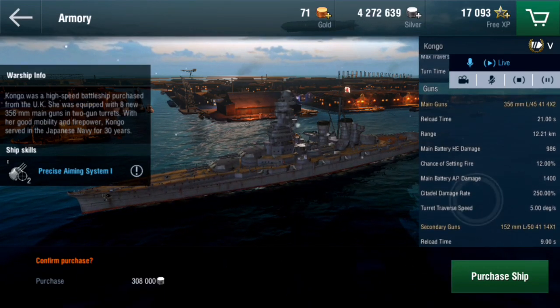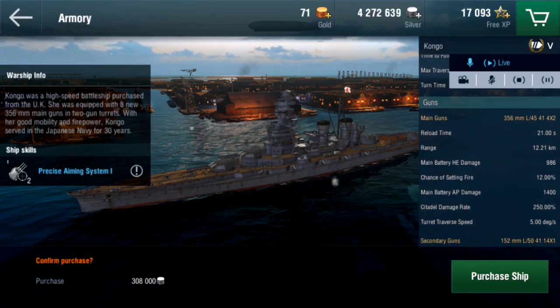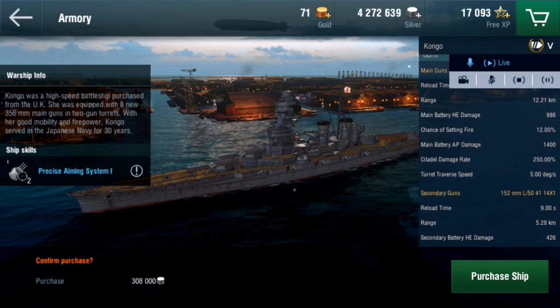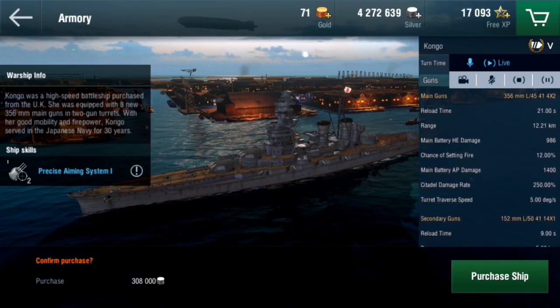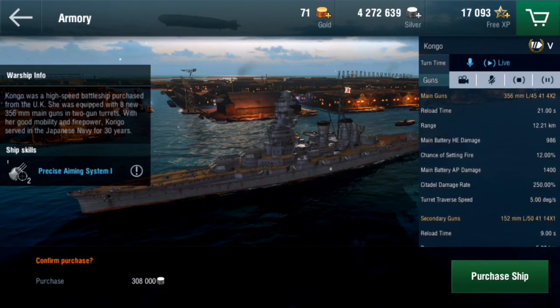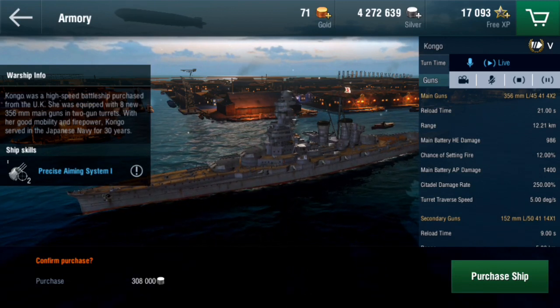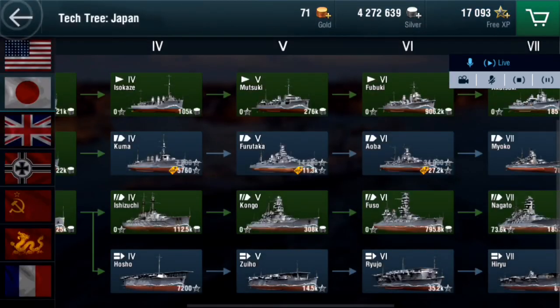Your main battery is going to reach out a little further, but the range difference is only 0.3 kilometers, so it's really hard to kite that. And then your main AP damage is 1400, so you only have 8 guns though on a Congo. So 8 times 1400, you're looking at roughly 11,200 damage volleys versus,